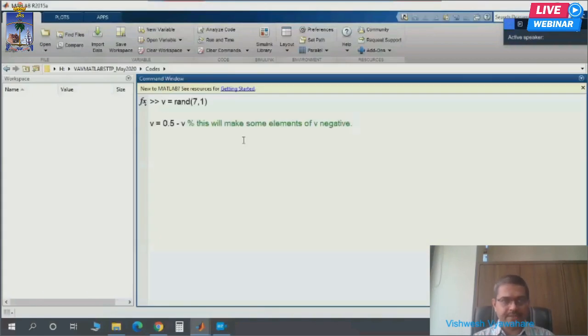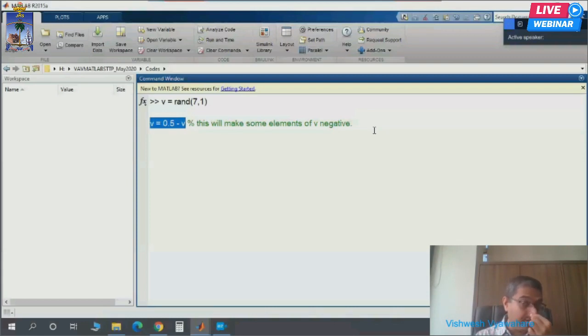So look at these two commands. V is equal to rand 7, 1. Now you are all aware of this rand command. MATLAB is generating a 7 cross 1 array with all random numbers. The next thing I have written is V is equal to 0.5 minus V. This will make some elements of V negative deliberately.